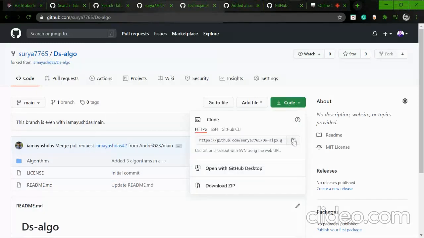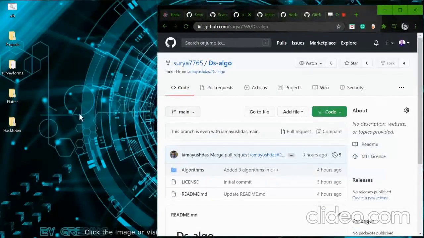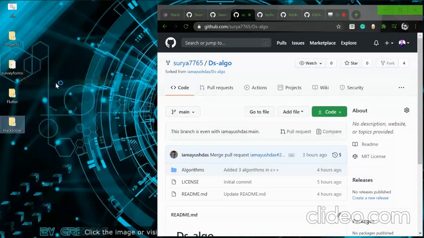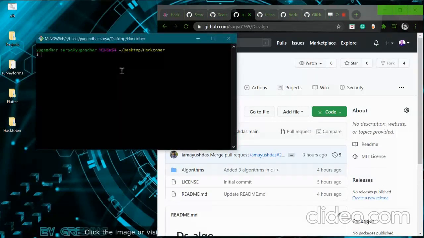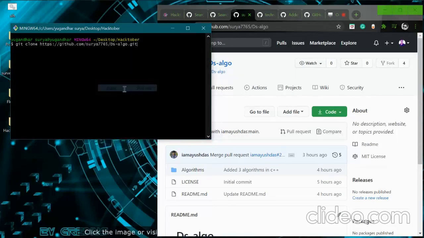To do the cloning, you just copy this link, then go to this folder and use Git Bash here, and it will log in to GitHub, and now I can clone it. Just write the git clone command to clone your repo.